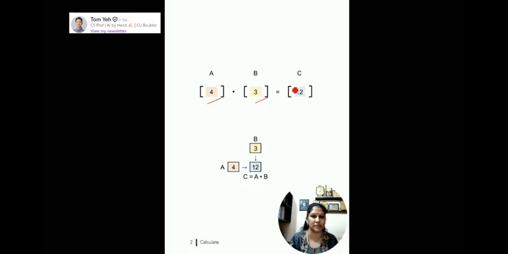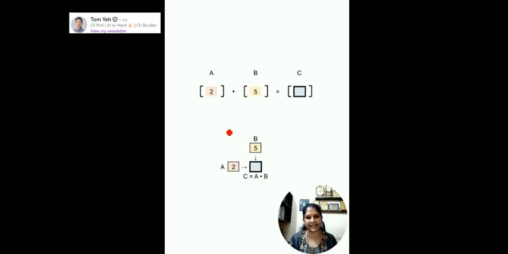Here we have a vector A with the value 4 and a vector B with the value 3. So kindly just observe, when dot producting, here we have only one value each, so the resultant would be directly multiplying. So 4 times 3, here we get the value 12.